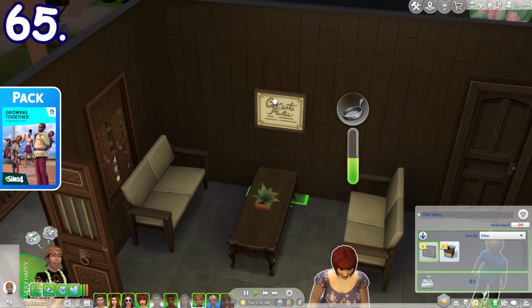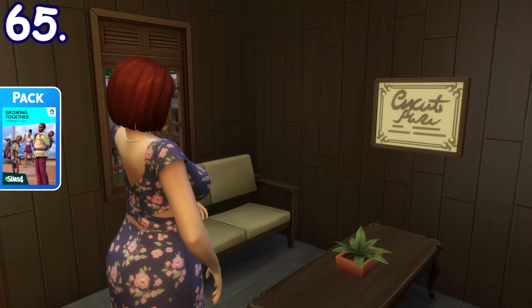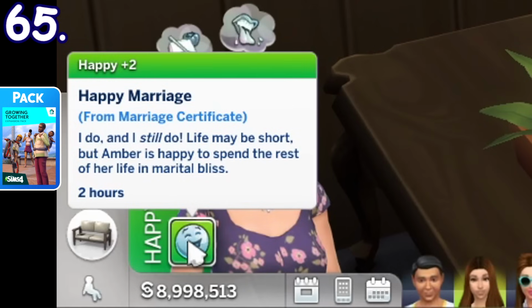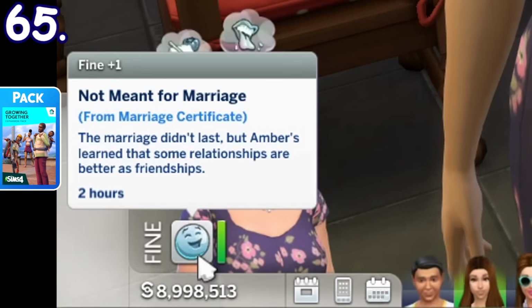If you hang your sim's marriage certificate, you can click on it to reminisce about your marriage. You will have different reactions depending on the status of your marriage. This is the buff if they're still happily married,